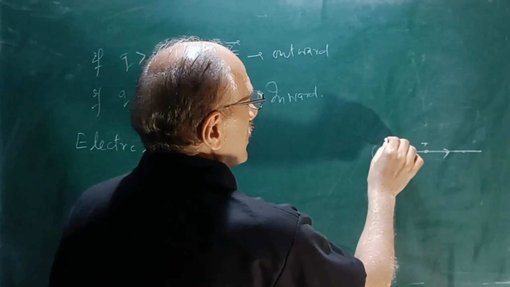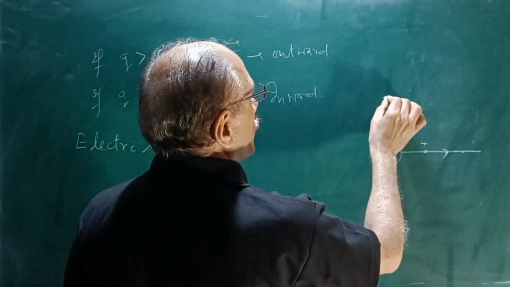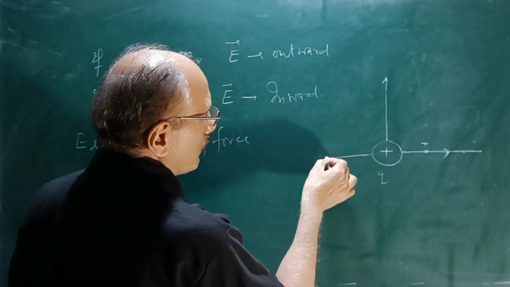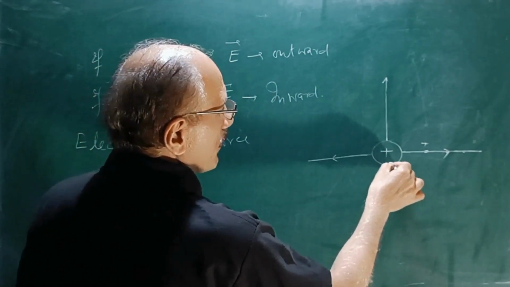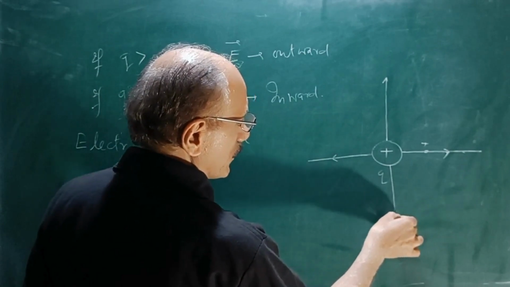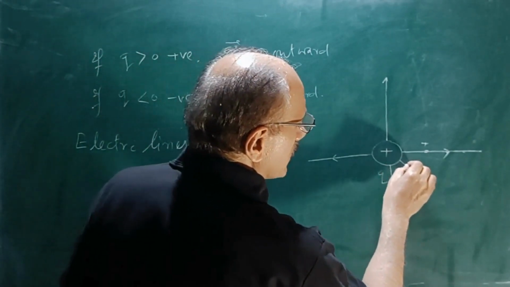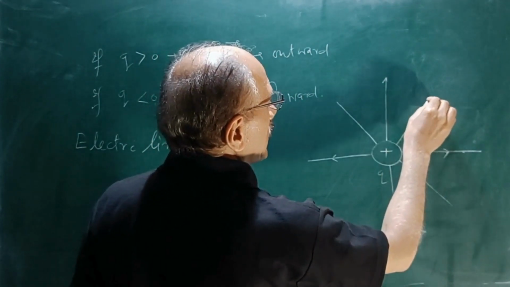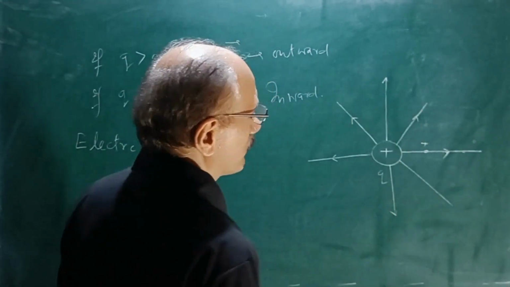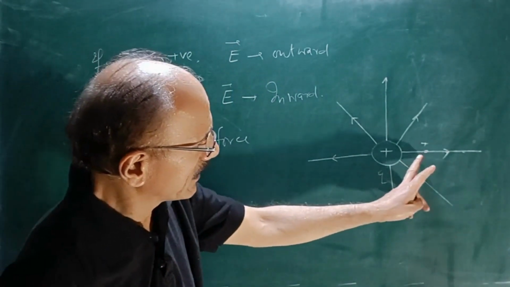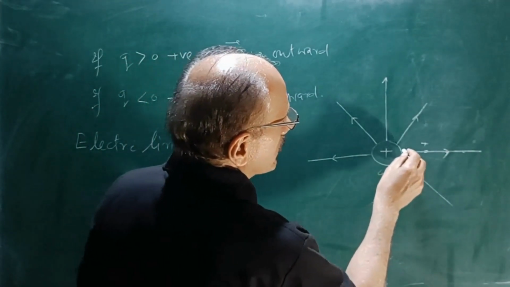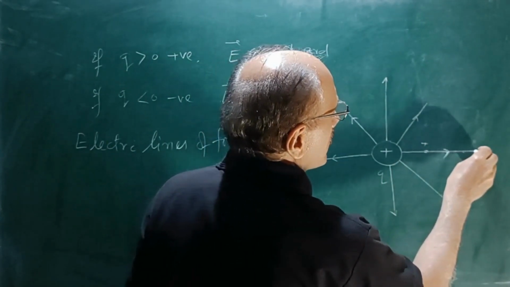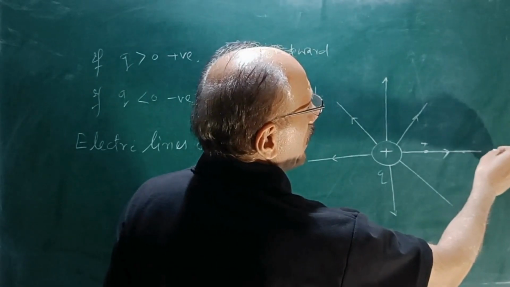If it is brought somewhere here, then it will move this way. If it is placed over here, it is going to move this way. If it is placed here, of course it will move this way. If you place it here, then this way, like this. So the charge was initially here, then it moved here, then moved here, and like this, until